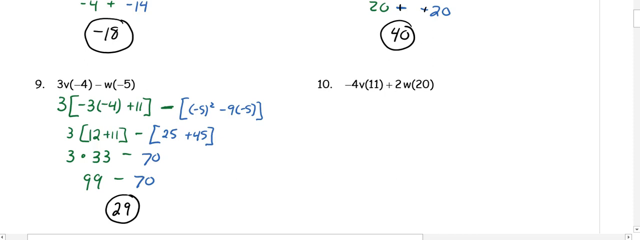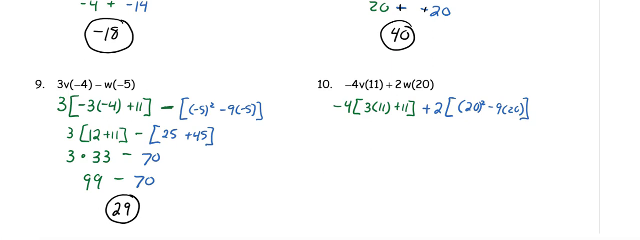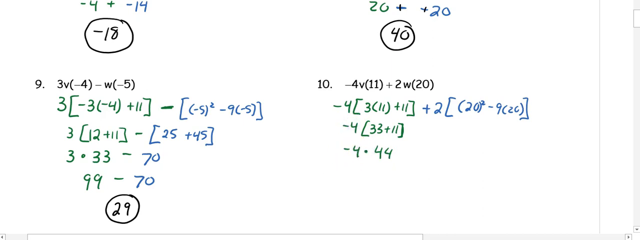So let's try one more example of the function notation then. So in the first one, we have negative 4v to the 11th. So we're going to put 11 into the v equation. For x, we have negative 4 bracket 3 times 11 plus 11. And then the second equation, we have plus 2 bracket 20 squared minus 9 times 20. So in the first equation, 3 times 11 is 33, plus 11 is 44. So we have negative 4 times 44,